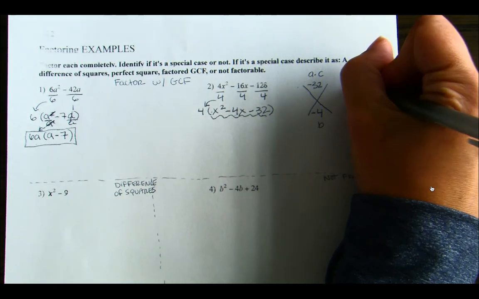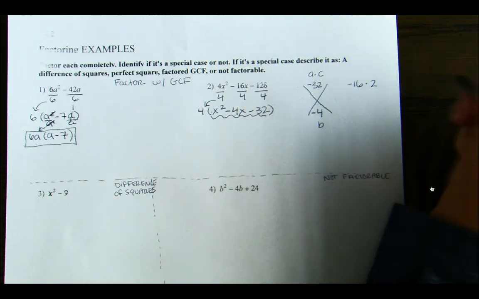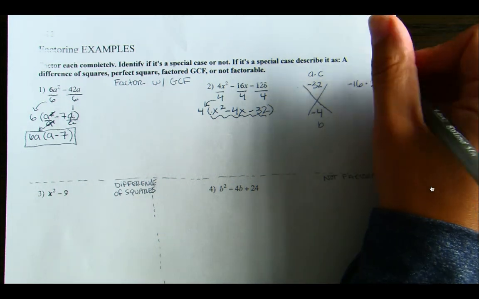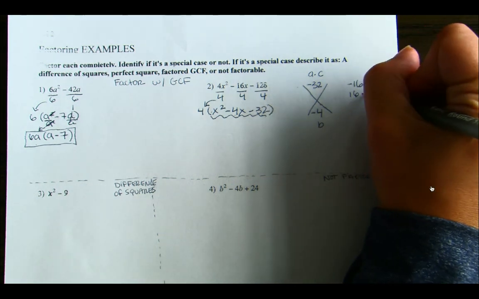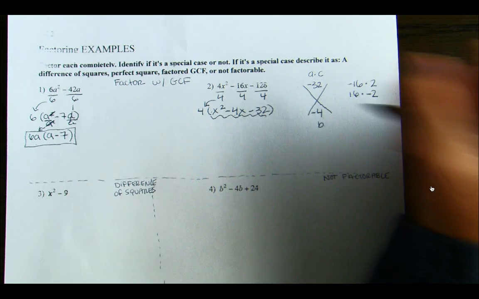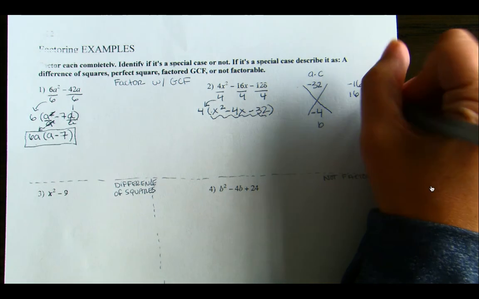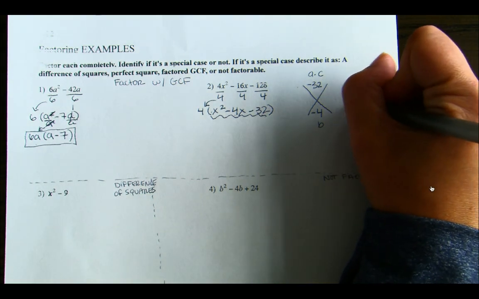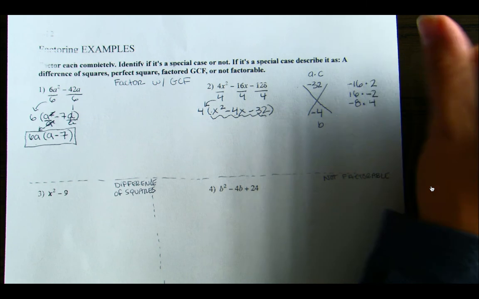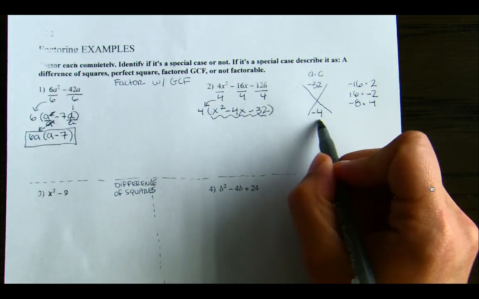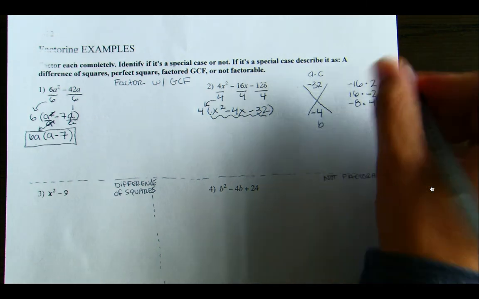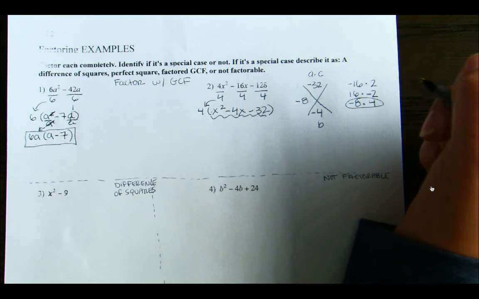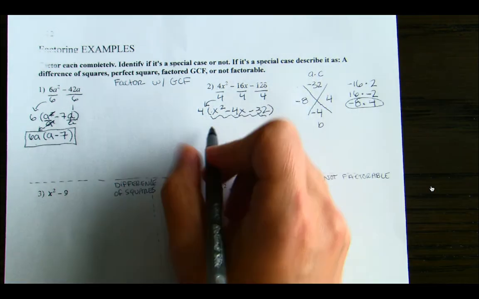So I can try negative 16 and 2. But adding those together doesn't get me negative 4. I can try 16 and negative 2. Same idea, doesn't add to negative 4. Then I can continue on, and let's try negative 8 and 4. If I add those together, it does add up to negative 4. So this right here is my winner, and I'm going to write negative 8 and 4,